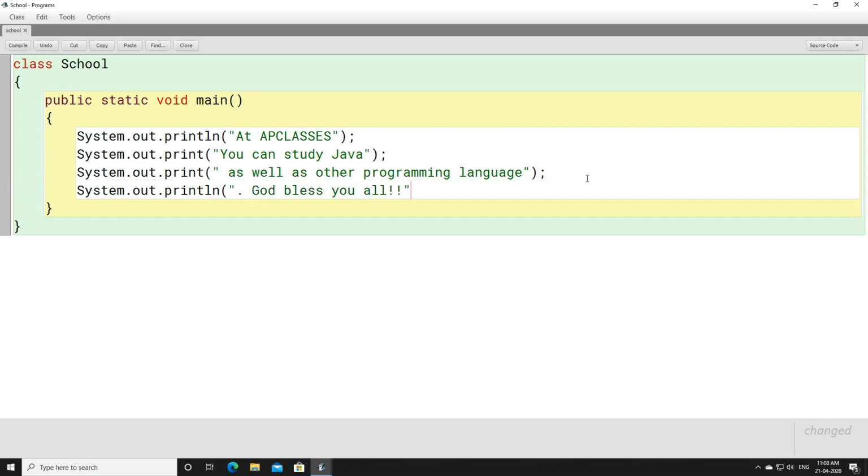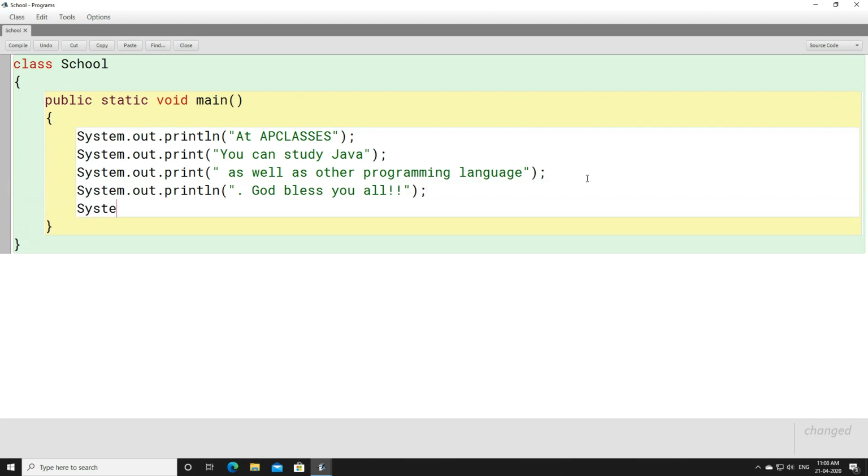Okay, so this is how we are going to write, and let's write one more sentence here, system.out.print "I pray for your better future". Okay, so this is the whole thing. This is the complete statement we have written here, and let's evaluate how the things will be printed.